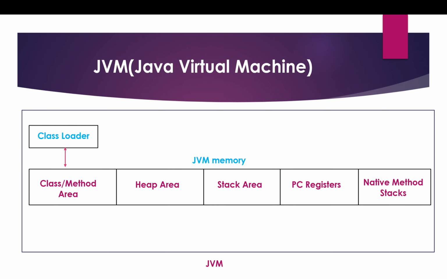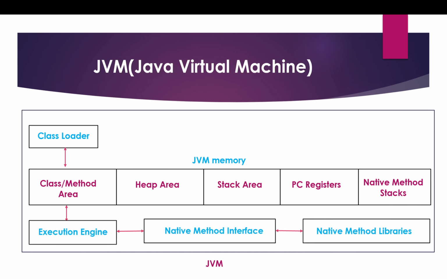Each currently running thread has its own address, which is stored in the PC registers. Also, if there is a native method call, that is C/C++ method calls for a thread, then that information is stored in the native method stacks. So I think you now understand this JVM memory area. Mainly the class level and heap areas are important, and these are the questions asked in interviews.